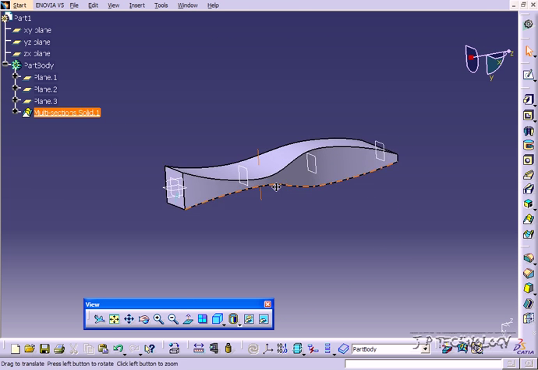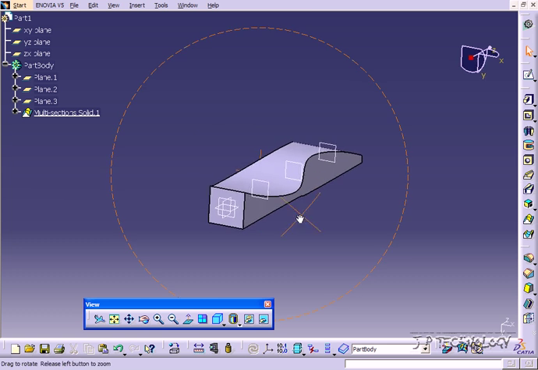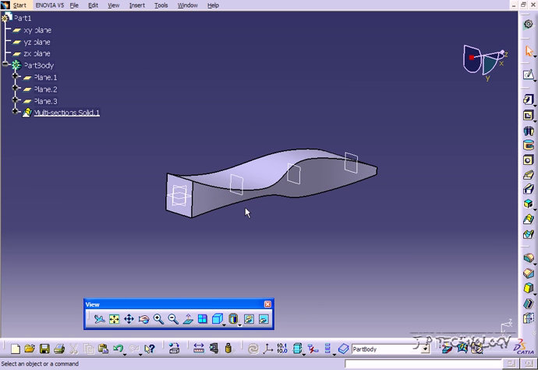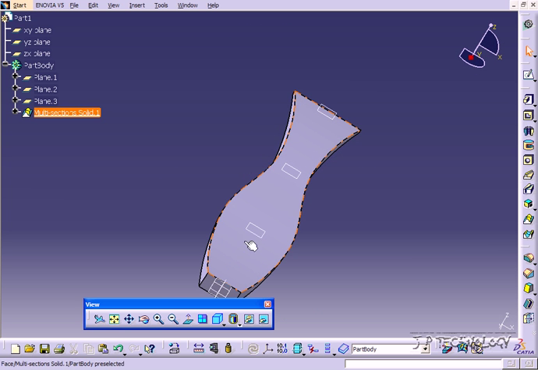Now, this part that I have right here is just like the last tutorial, pretty much the same part. I just cleaned it up a little bit. And it's the 4 sections put together. Now for the advanced multi-section solids, we're going to add a guide profile for all these to follow, because right now what they're following is just a straight line and they're all merging together. In this one we're going to add a bit of a curve and a bend